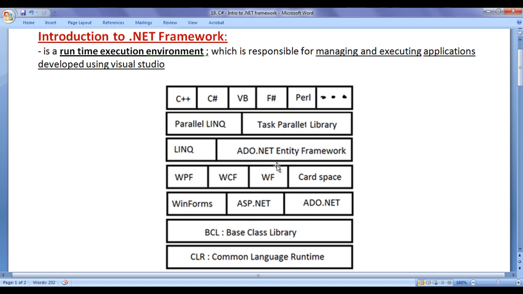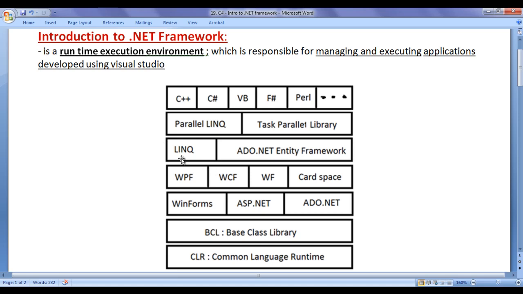This is the diagrammatic representation of .NET Framework, guys. It is a collection of components. At the bottommost layer, we have the CLR component. On top of that, we have the BCL component. On top of that, we have Windows Forms, ASP.NET and ADO.NET components. On top of that, we have WPF, WCF, WF and CardSpace components.